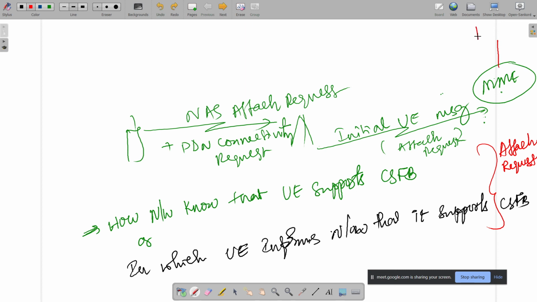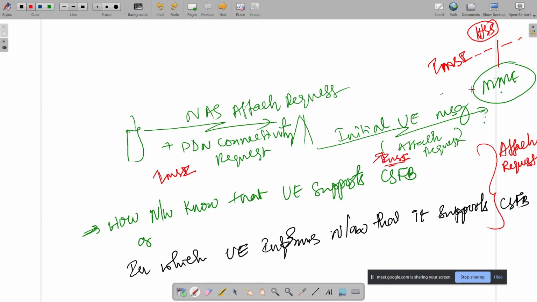The MME is connected to the HSS, right? Your details will be mapped to the IMSI only, stored with the IMSI only. So here the eNodeB has to include the IMSI. If the IMSI details are available here, the further procedure will continue.